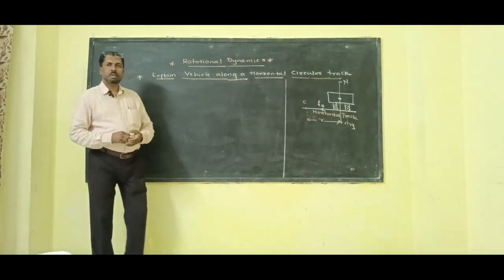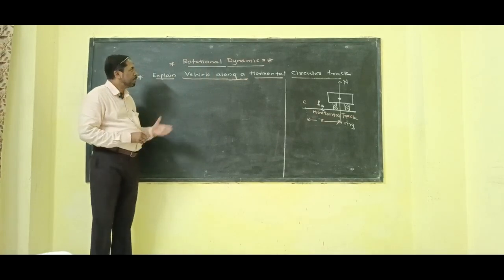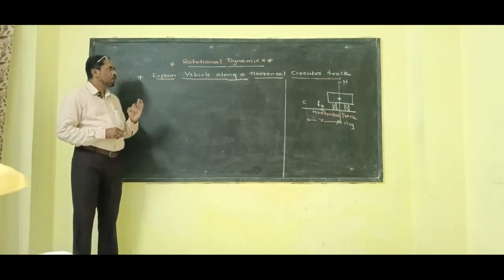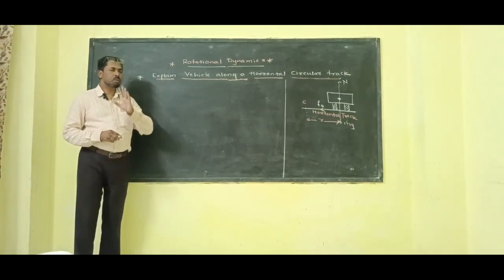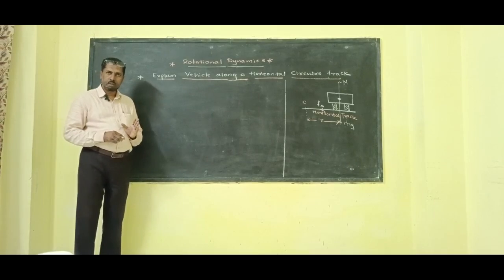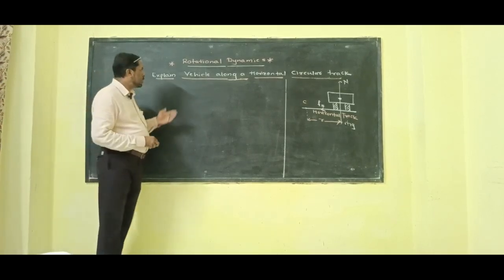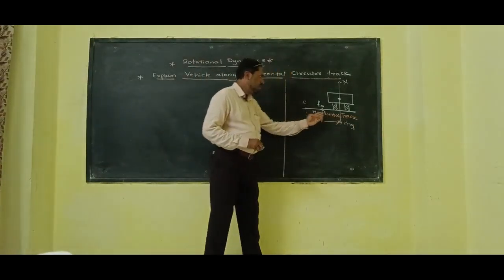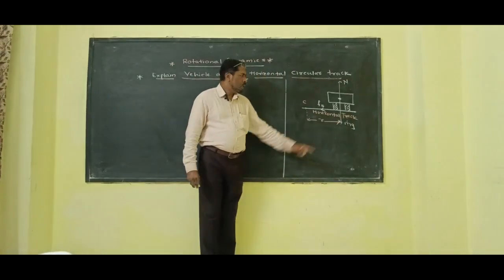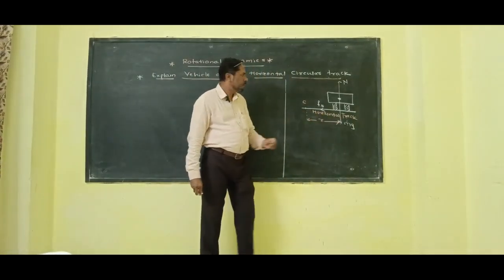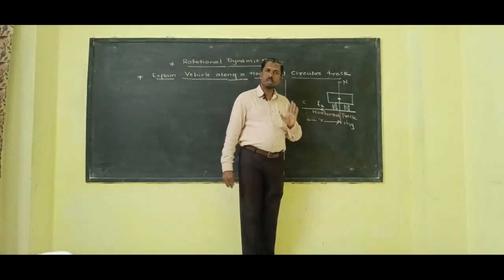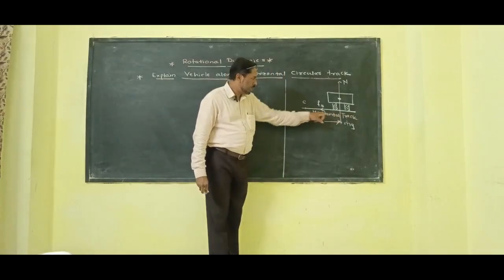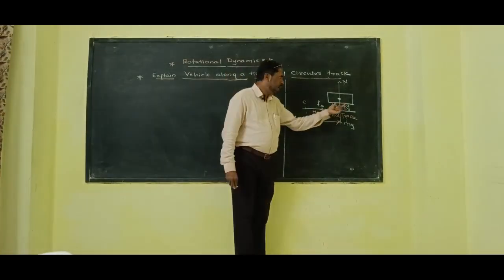Let us consider the applications of UCM. The very first one explains a vehicle along a horizontal circular track. To understand the concept of a vehicle along a circular track, let us consider a horizontal track on which a car is traveling. In the figure, there is a horizontal track on which a car is traveling,